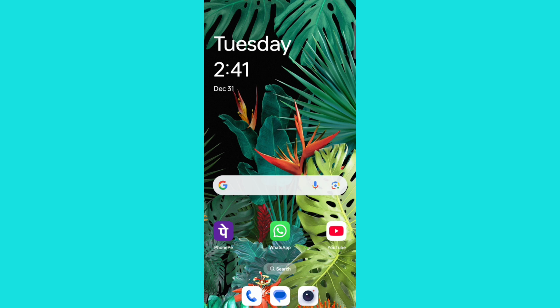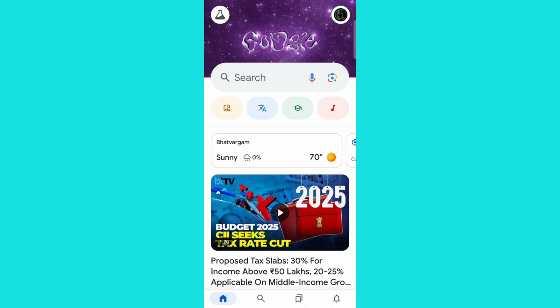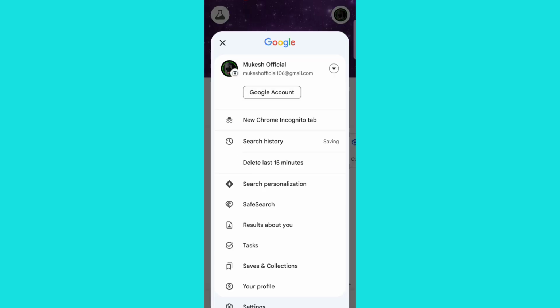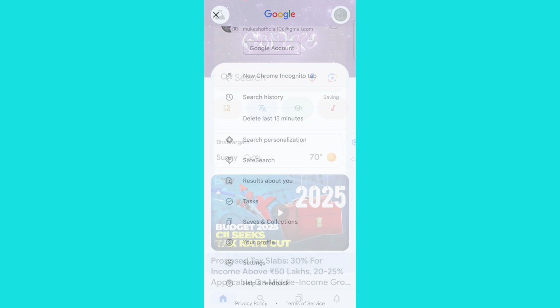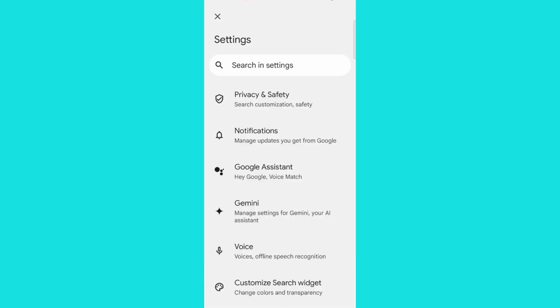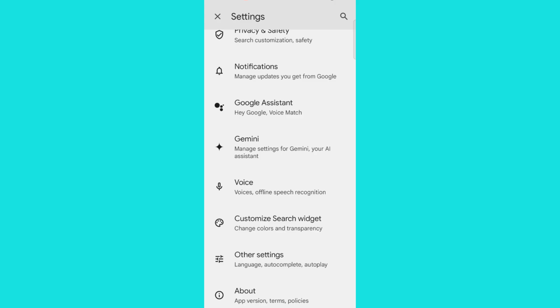So, first open the Google, then tap the Google logo icon, then tap on its profile icon and scroll down and you will see the option Settings. Tap on it and scroll down to the other settings option, tap on it,